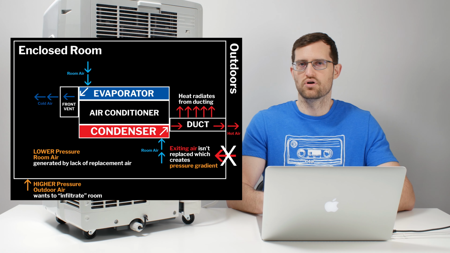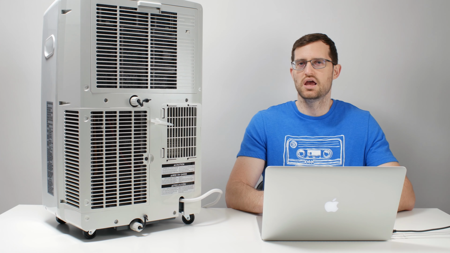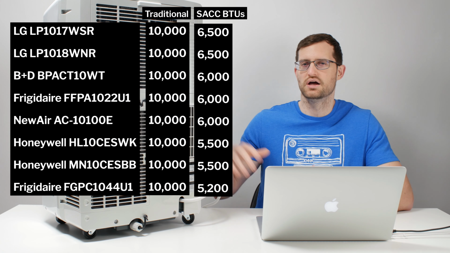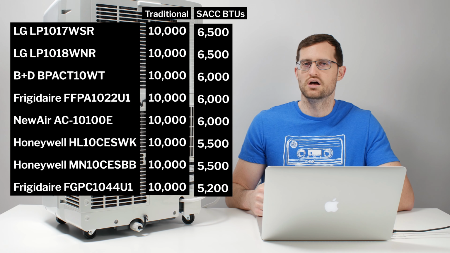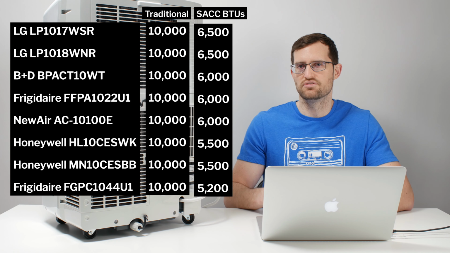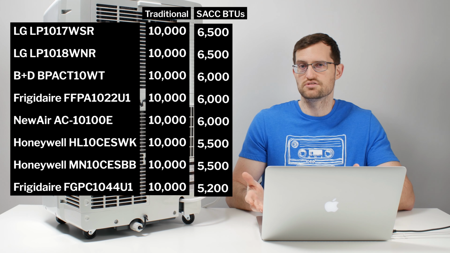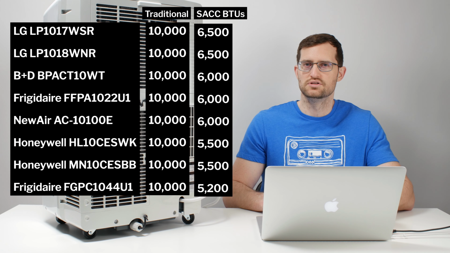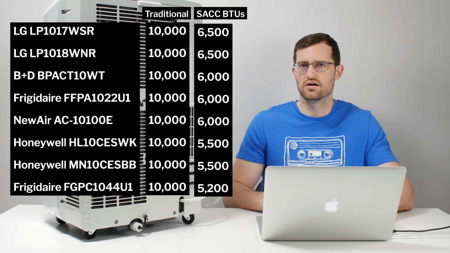So the old standard for measuring BTUs would not take into account these inefficiencies. It simply would not. The new method for measuring BTUs does absolutely take into account these inefficiencies. And when it does, it reduces the actual BTUs, and we see a difference in BTUs between different models within the same traditional BTU class. So this model right here is a 10,000 BTU unit by traditional standards for measuring BTUs. By the new standard, it's only a 6,500 BTU model. Other 10,000 BTU models are now 5,500 BTUs, or 6,000 BTUs, or 5,800 BTUs.